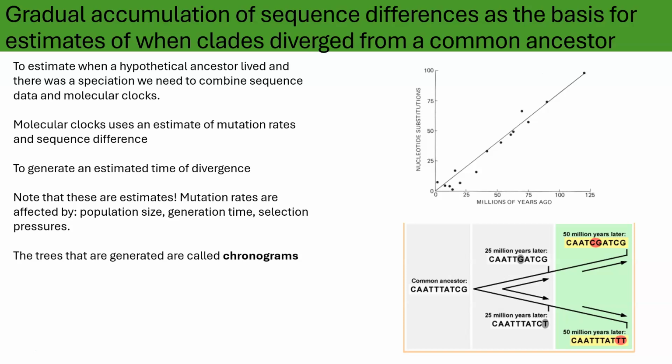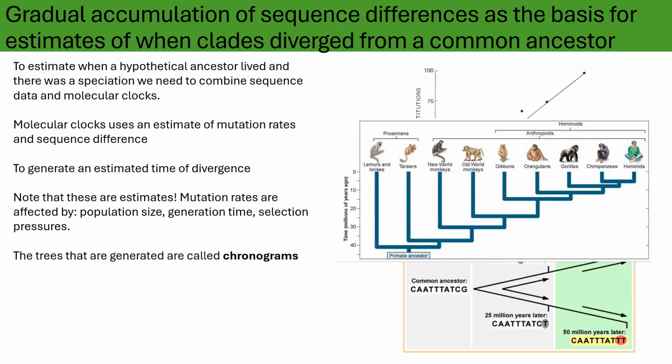But when you do this and you scale an evolutionary tree to evolutionary time, you get a chronogram. And this is also not, well, this I guess would be syllabus, but not the word chronogram, but anyways, that we can estimate these. So basically, we can, based on the differences between chimpanzees and hominini and us in sequence